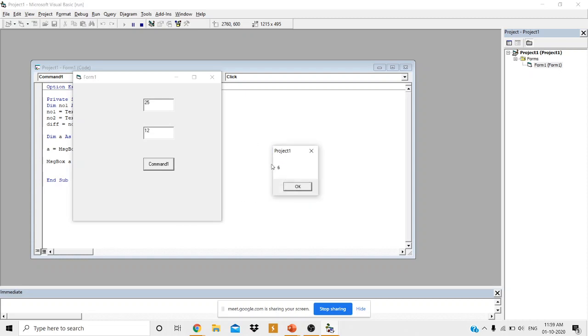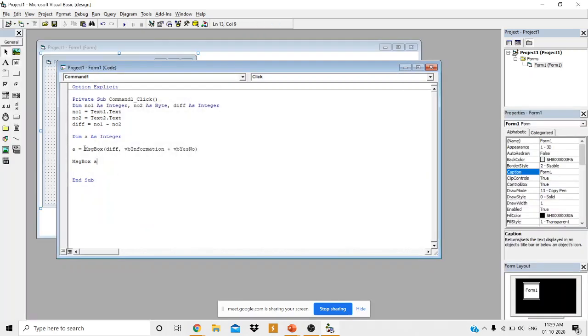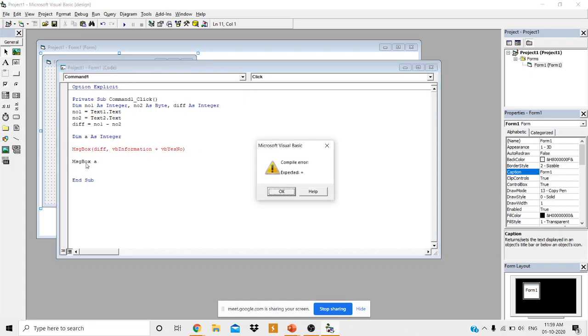Its value is internally 6. Again I will run the application. If I click on the no button, observe here, its value is 7. Okay, so generally the message box can be used in two ways. You can just assign the value of the button which is pressed by the user from the message box. I hope you people have got it now.